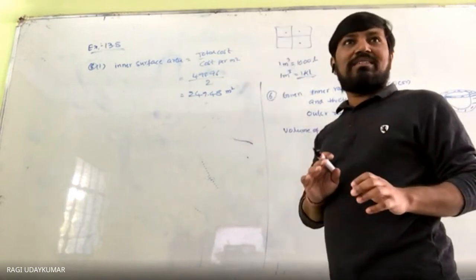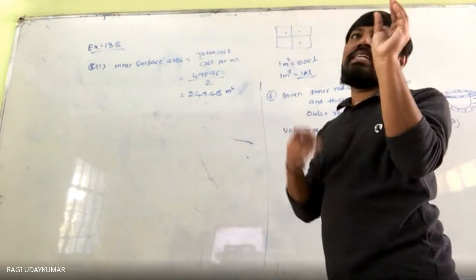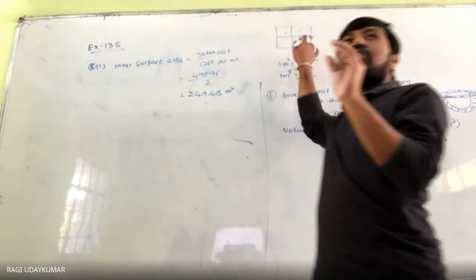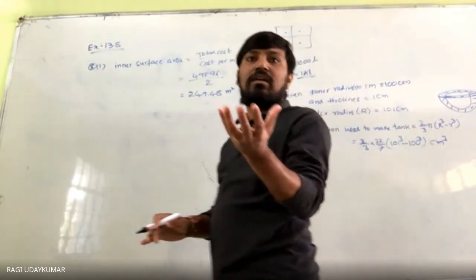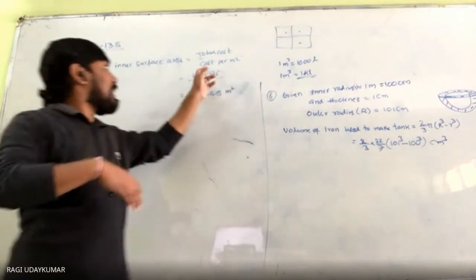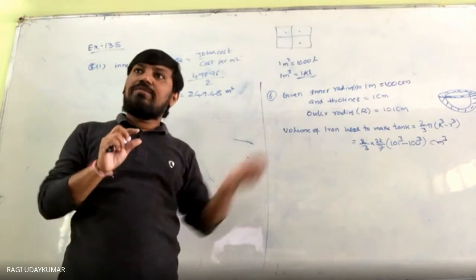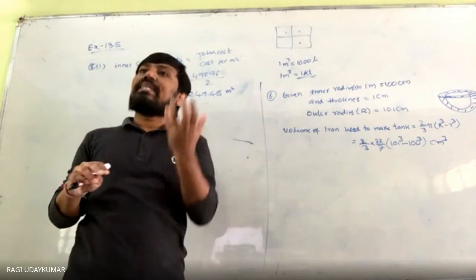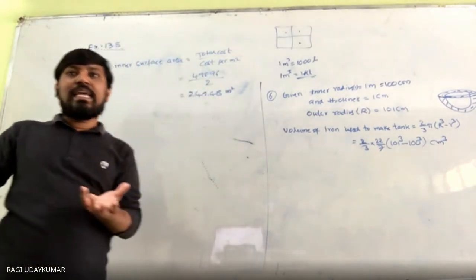Total cost 8 rupees, out of which the cost of one is 2 rupees. So from the total cost, the cost of 1 meter square, if you divide, what is the area you are going to get? In the same way, it was given a hemispherical dome, and they are painting the inside, so the total cost is 498 rupees 96 paise. The cost of 1 meter square is 2 rupees. So if you divide by the 1 meter square cost, you get how many meter squares are there inside, that is called the inner surface area. So you got the inner surface area.